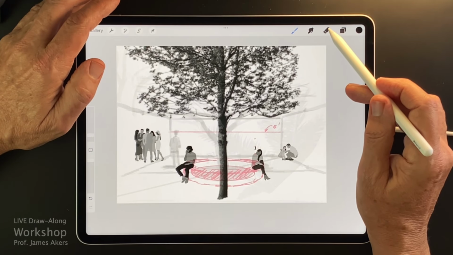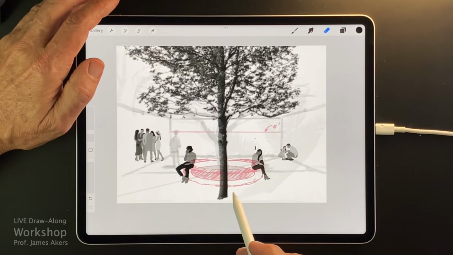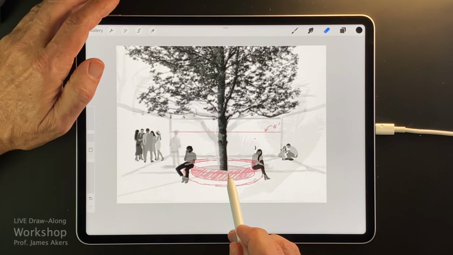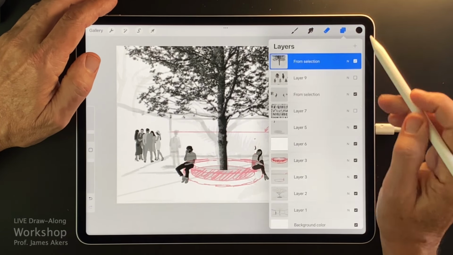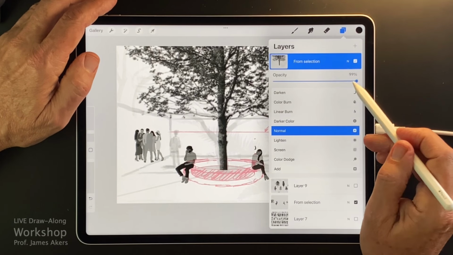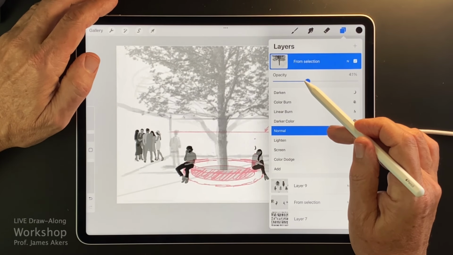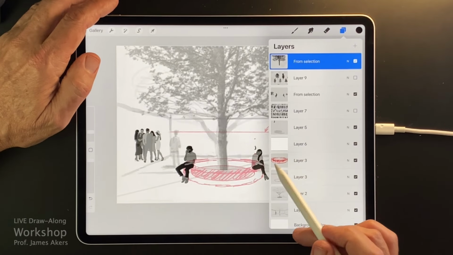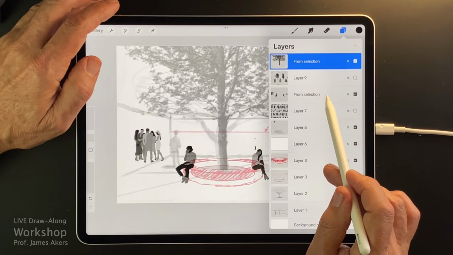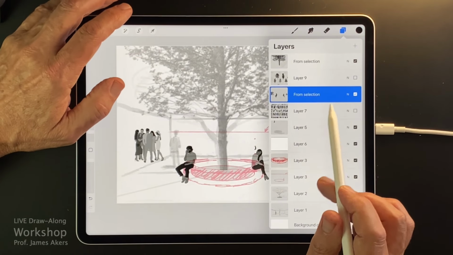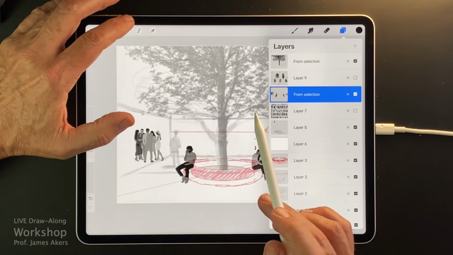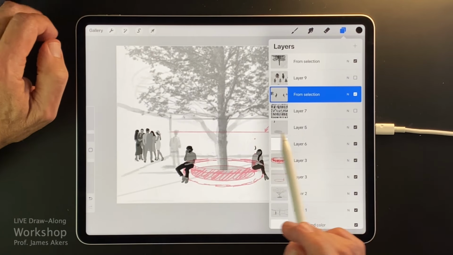And now I'll try and quickly erase this so it sits in there better, and it'll be obscured by that part. And I think I'll even make it more transparent, so we have more of a suggestive rendering. That way the client won't get too obsessed with, we have the wrong tree. And I'm going to lighten these people because the contrast is very bold at the moment.